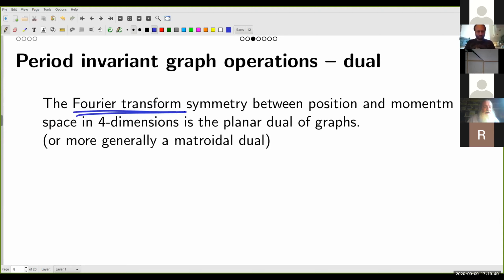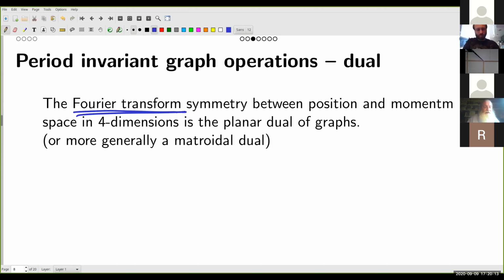And then what is that on graphs? That's the planar dual of graphs. Because what have you done? You've taken what used to be cycles in the graph, i.e. loops in the sense of quantum field theory. And those are now turning into cuts, right? And the things that used to be,